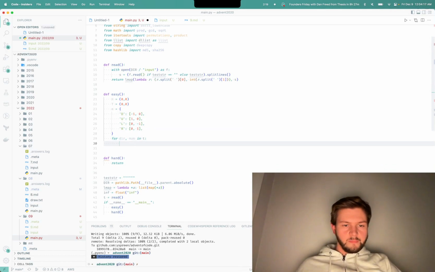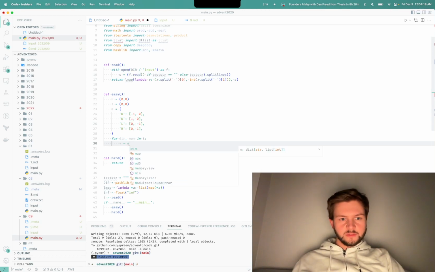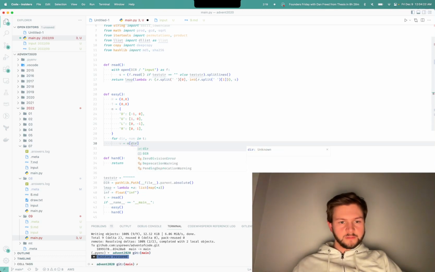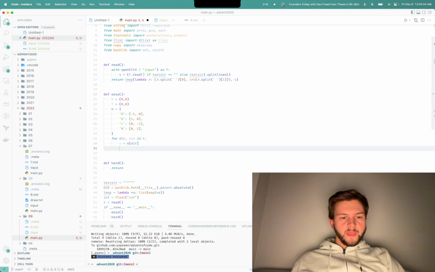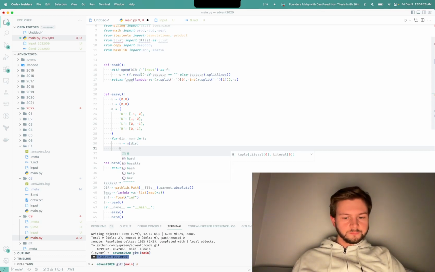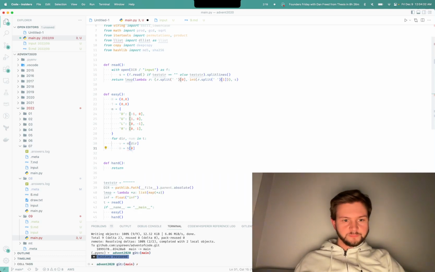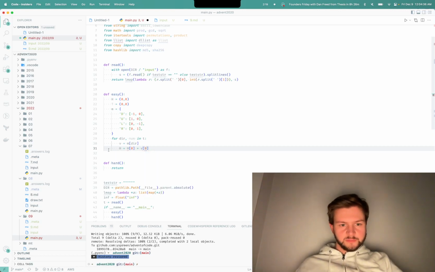And vector equals movement direction. And the head equals head 0 plus vector 0. And then